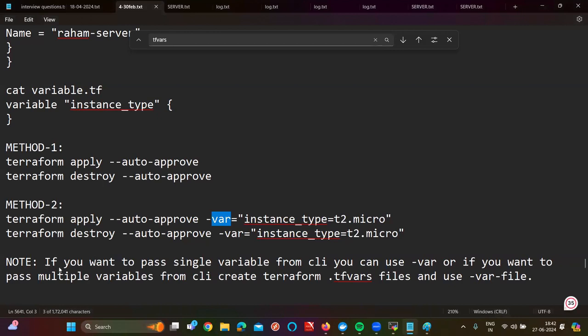So here I'm giving. If you want to pass a single variable from the CLI, you can use -var. Or if you want to pass multiple variables from the CLI, create a .tfvars file and use it with -var-file. For a single value you can use -var, but if you have more than one value, you can put them in a variables .tfvars file and automatically use -var-file in the CLI itself. This is the high level overview about the Terraform